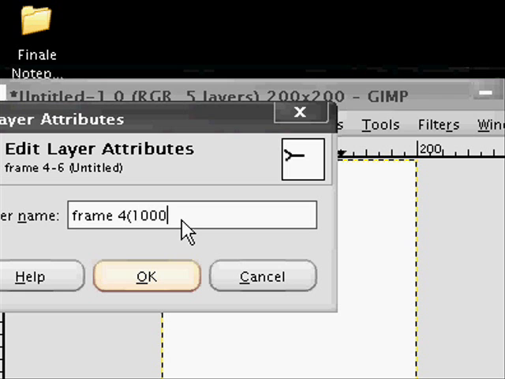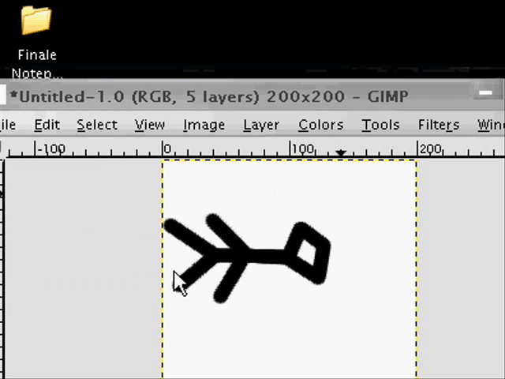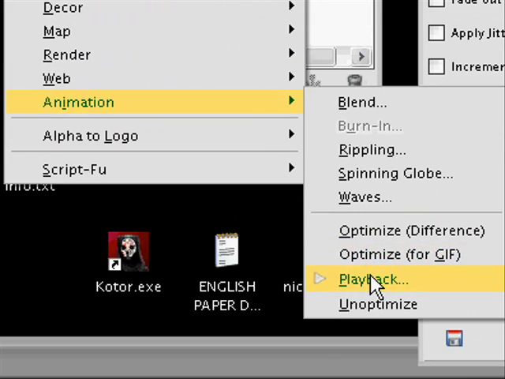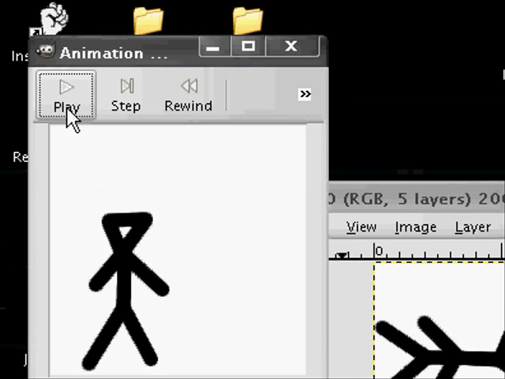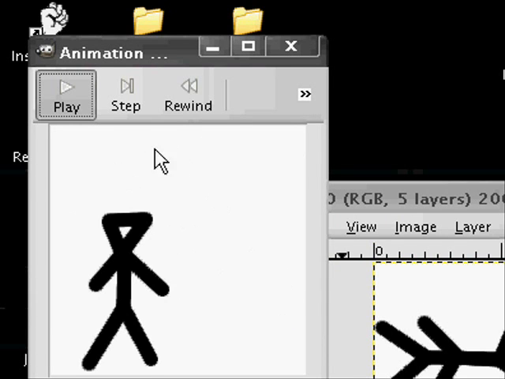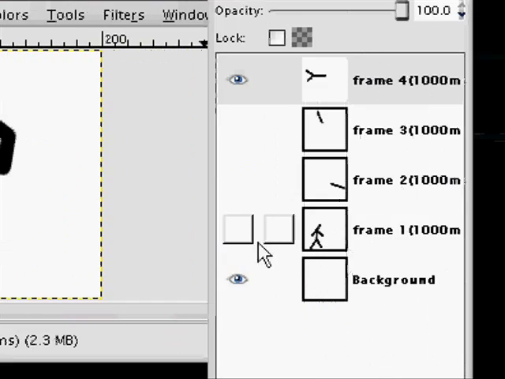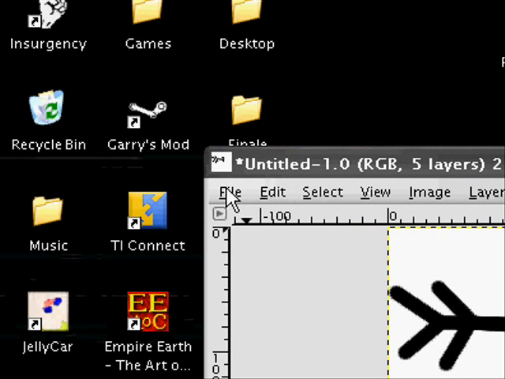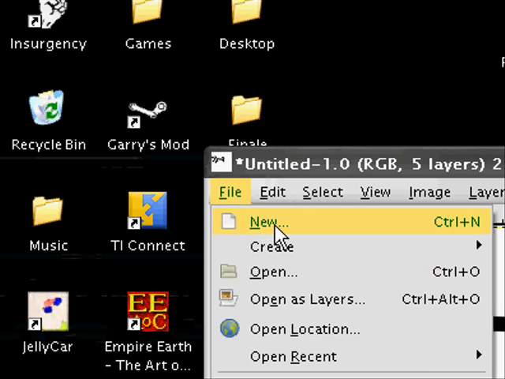It's tedious. This probably isn't the best animation program, obviously, but I guess if you want to make it in this, that's fine. Then go to playback, and if you notice, it moves a lot slower now because each frame is taking however long you specified. Okay, now go ahead and